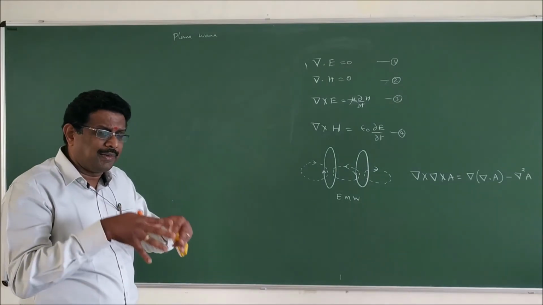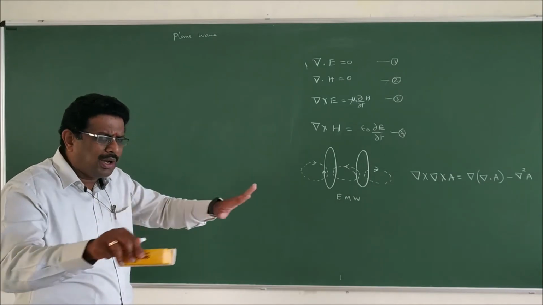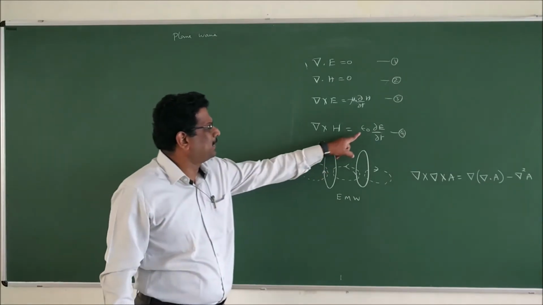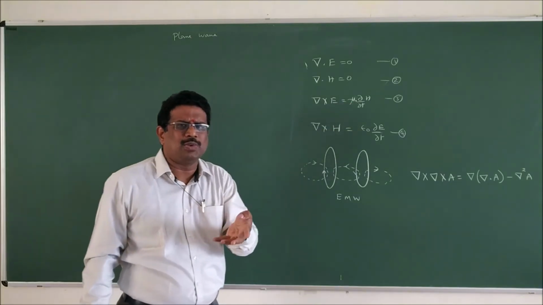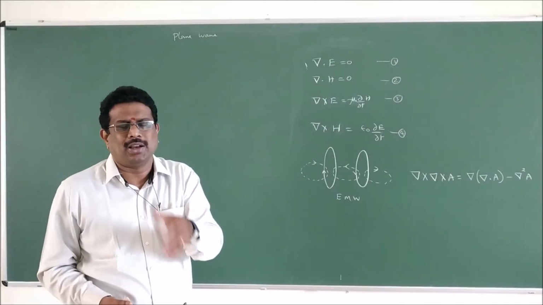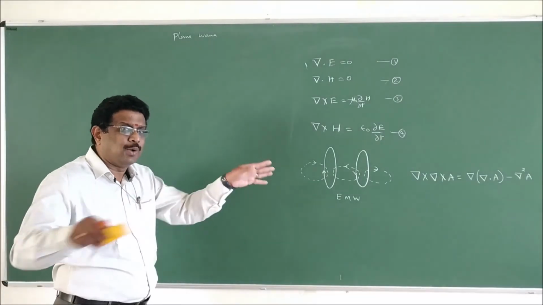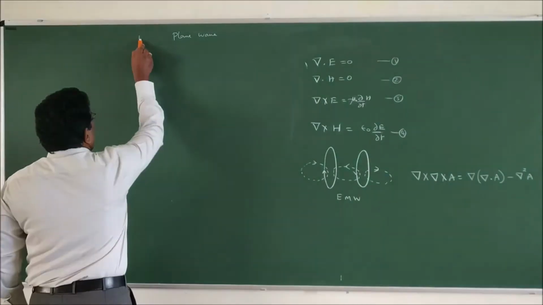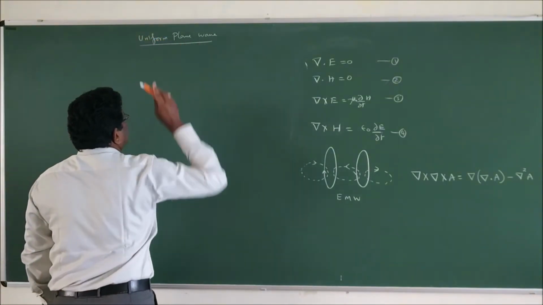And that particular plane wave is uniform everywhere, equal everywhere, because it is a function of epsilon naught and mu naught. Since both are constant, constant means what? It won't change. That is the reason it's called constant. Since it is constant everywhere, it is uniform everywhere, equal everywhere. So we call it a uniform plane wave. Okay, please do remember that.